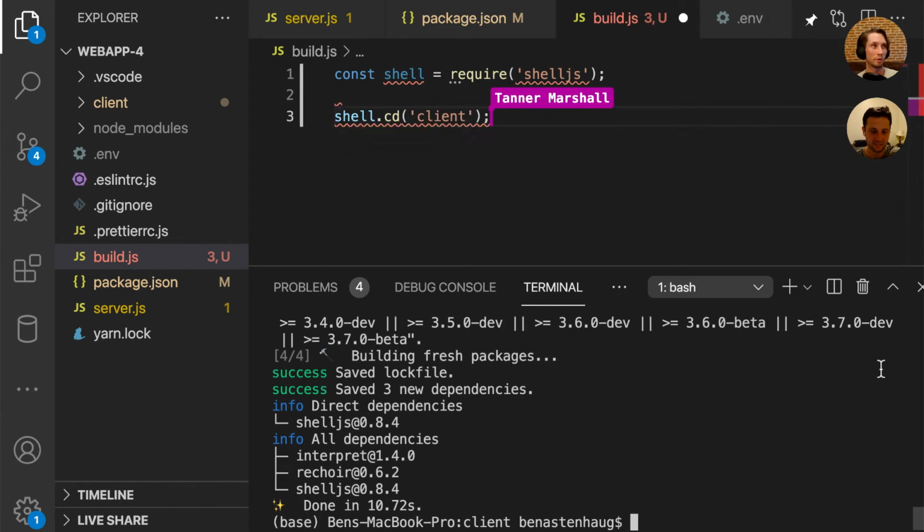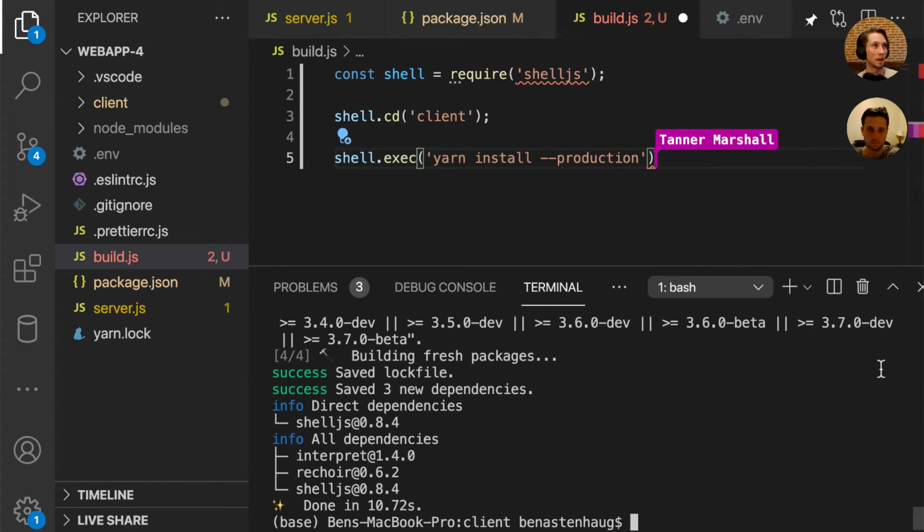Okay, so what we want to do is build our file. We say shell.cd, so we're going to cd into the client. Right after that, we want to install all the dependencies in the client, so we do shell.execute yarn install for production. So basically we're going to the client folder and installing, and then